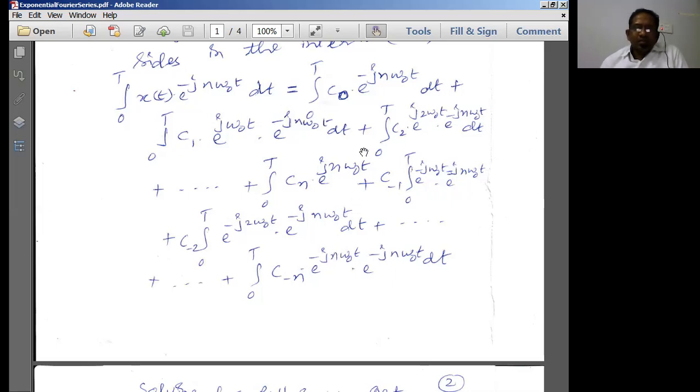Harmonic components, what are the harmonic components? For the term C1, when we represent it by using the C1 term, C2 term, all these are harmonic components. That means something like 1 omega naught, 2 omega naught, 3 omega naught. All these are the harmonic components. This is simply neglected because just now we got 0.